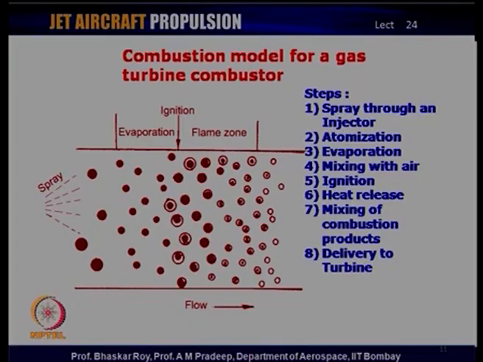To aid very fast evaporation, it is necessary that you have very small droplets, almost as if they are atoms. So, the word atomization comes from that concept, so that the evaporation process is very fast,